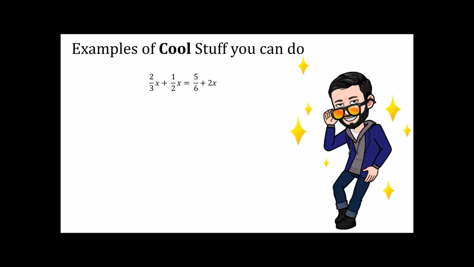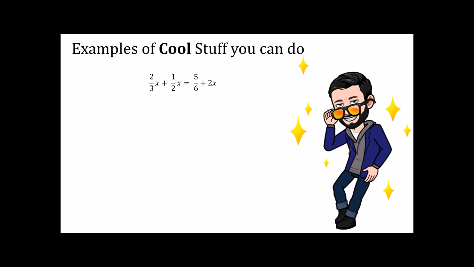A lot of students look at this and they get very, very freaked out by the fact that you have 3 fractions in this equation. People tend to find fractions to be difficult to work with. If I wanted to do this using what we already know, I would have to take 2/3 x and combine it with 1/2 x and come up with something. Then I'd have to subtract the 2 x's from both sides. So I've got a fraction minus a whole number. And then I'm going to have to get rid of that fraction, whatever it is, using the property of equality and multiplicative inverses. It all sounds fairly complicated, but there is a much, much simpler way to work through this